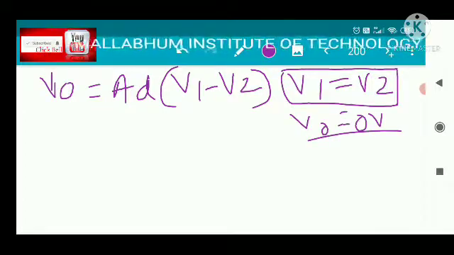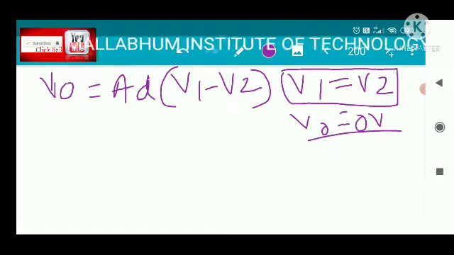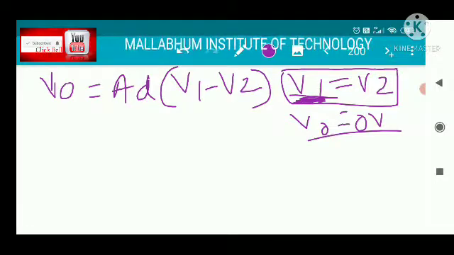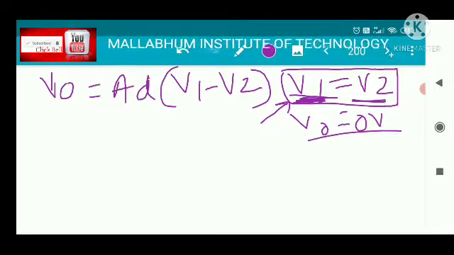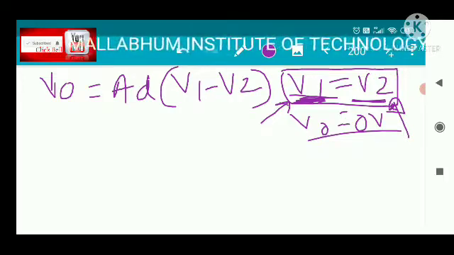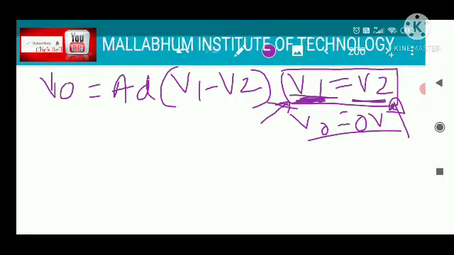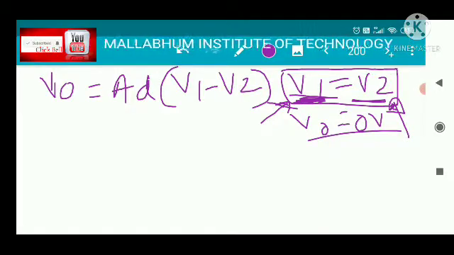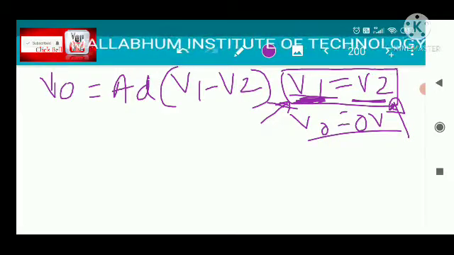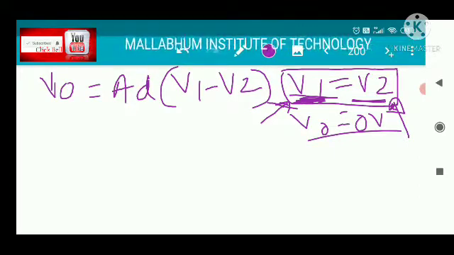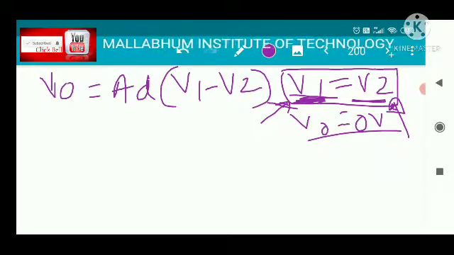Because the signal common to both the inputs gets cancelled, because V1 is given to one input terminal and V2 is given to another input terminal. Both are equal, that means the signal common to both the inputs gets cancelled and generates zero output voltage. Now this is only possible for an ideal operational amplifier, but the practical difference amplifier does not follow the above equation,